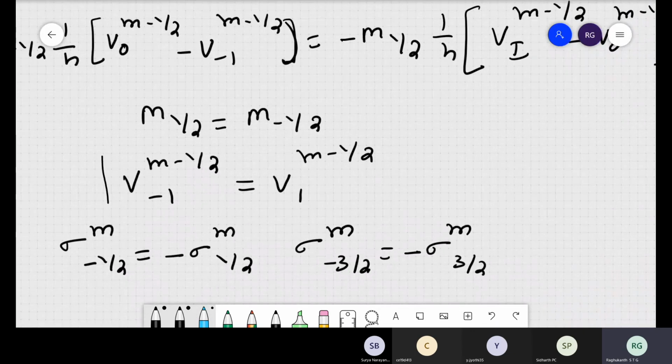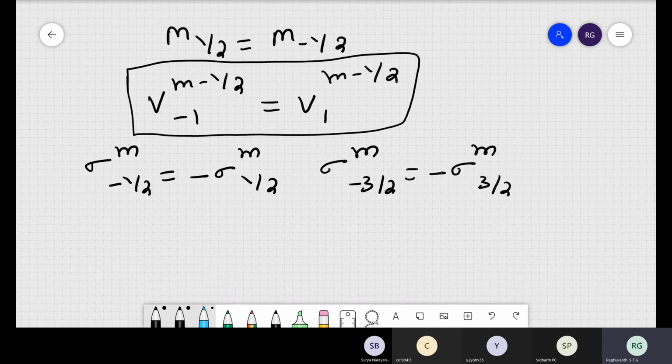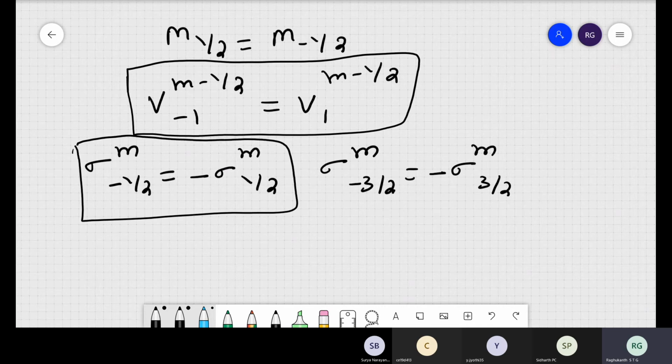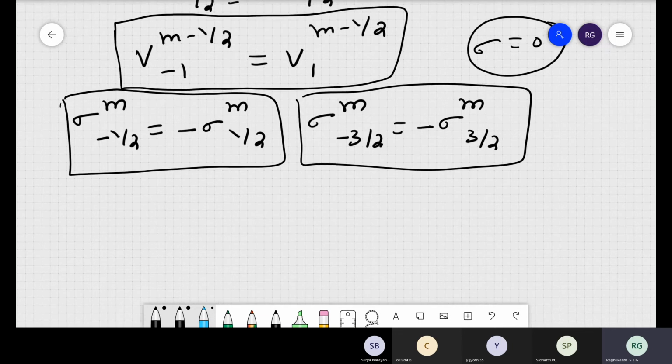So your v1 minus 1, this one says. So we write our negative side. Negative of 1 is the same as v1 minus half. But whereas velocity is symmetric, stress is antisymmetric. So sigma at minus half is the same as minus sigma at 3 by 2, so that when I add the stresses at the free surface, my boundary condition is sigma has to be 0 itself. So this technique is known as stress imaging actually.